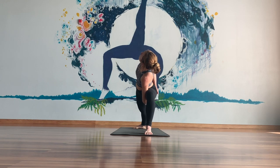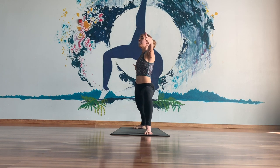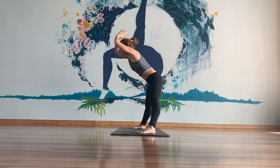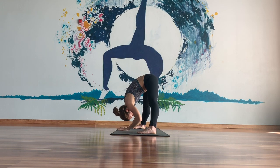breath out. Warrior 2, can then come all the way to 5-point and start lift and lengthen. Wide-legged forward fold, soften. Take 2 deep breaths here. 1 more deep breath